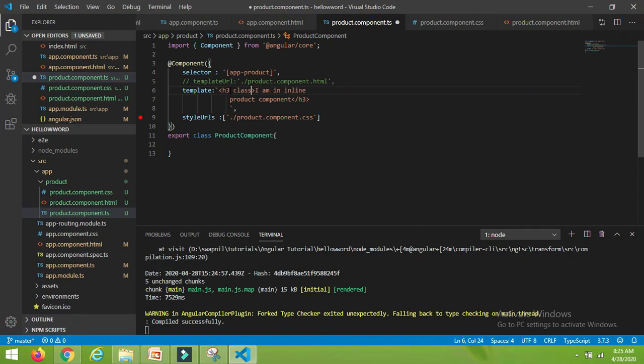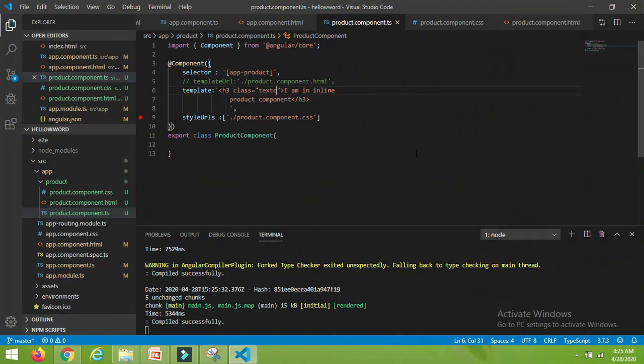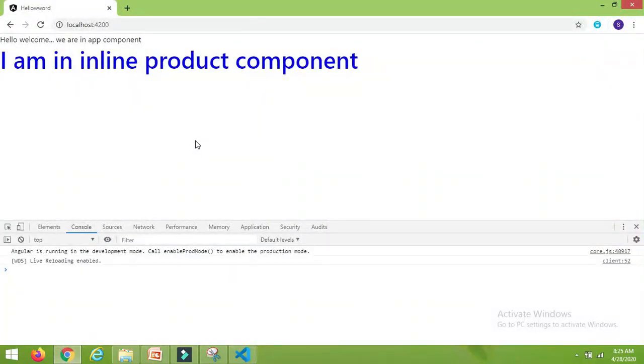Here I will apply class equal to, and within that I will give textC. So this text must be displayed in blue color with font size of 50 pixels. Let's check the UI. Wow, we got our output.